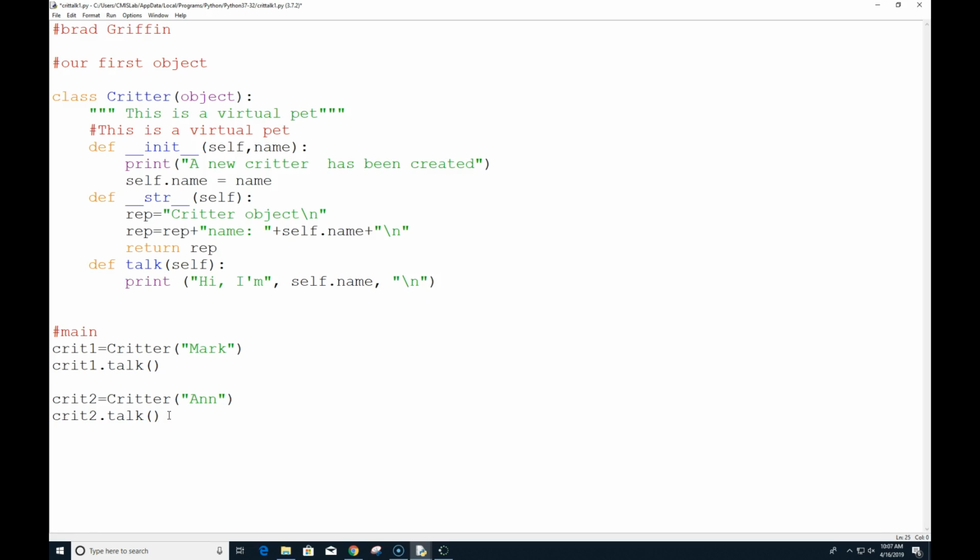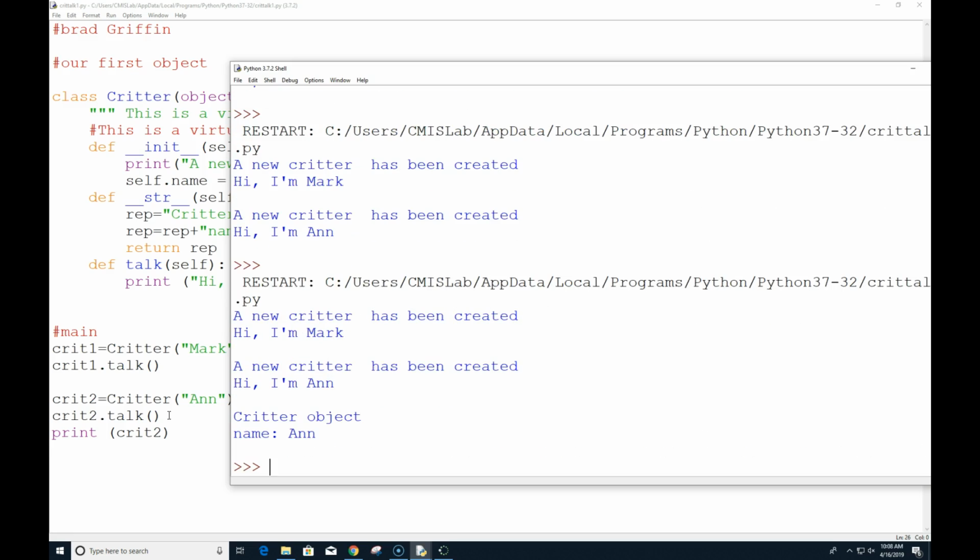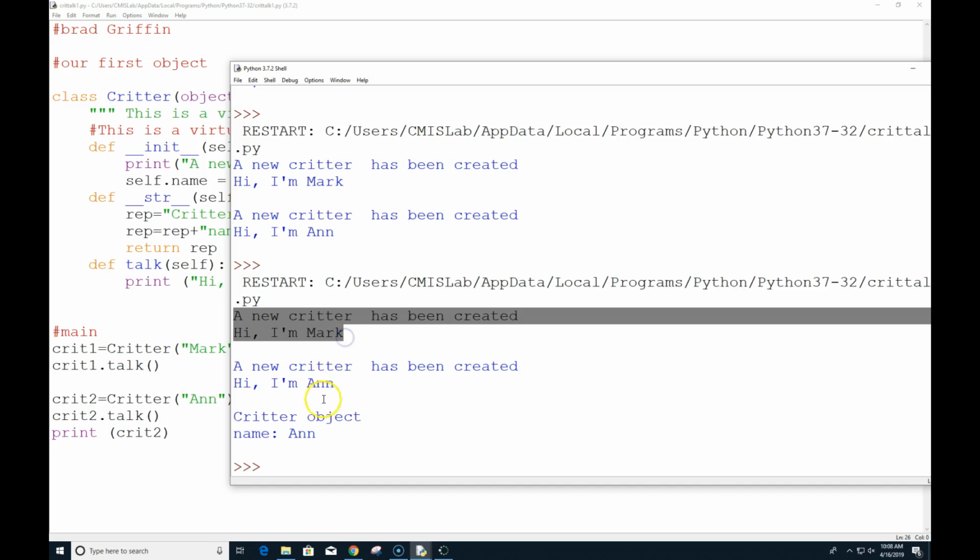What happens if I just try to print crit2? Oh, well, that's interesting. So here's what we did. We called it, and it says, hi, I'm Mark. Hi, I'm Ann. Critter object name Ann.